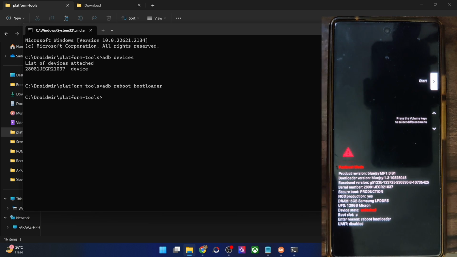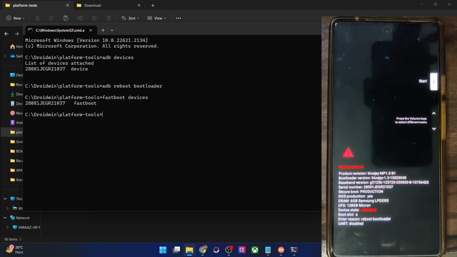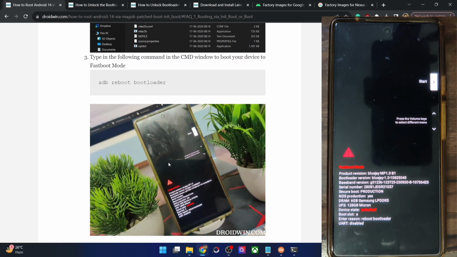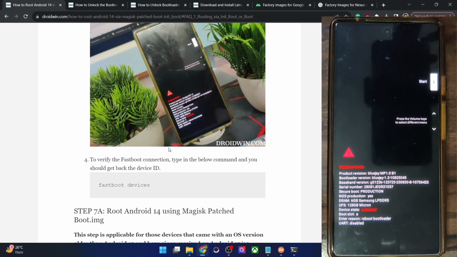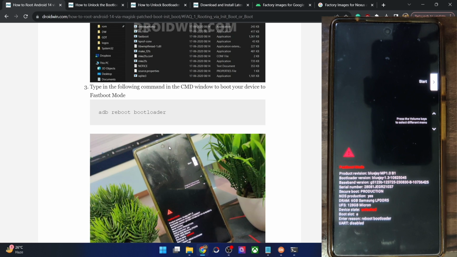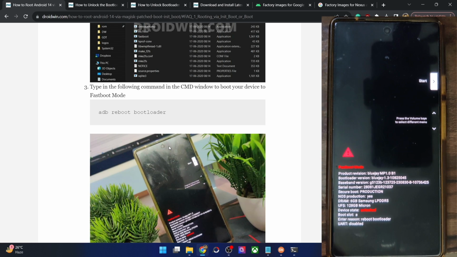Before moving ahead, please type in fastboot devices and hit enter and make sure that you are getting a serial ID. If you're not getting any ID, then you will have to install fastboot drivers onto your PC. I made a separate guide and a video on the same. You can refer to my guide and make sure to install those drivers. Once you have installed the drivers,